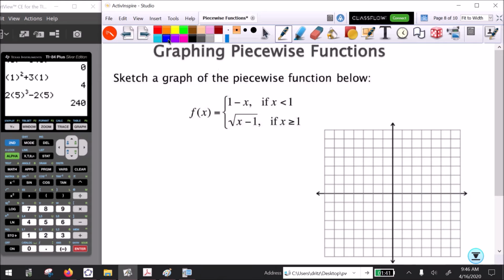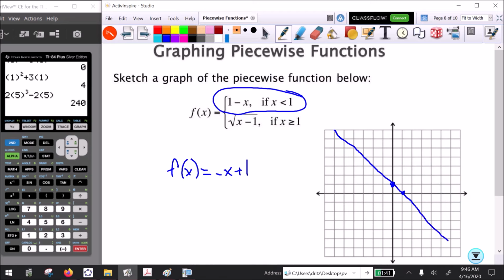So I'm going to graph the first thing here in blue. F of x is equal to 1 minus x. Another way to think about that is f of x is equal to negative x plus 1. That's sort of in mx plus b form. So we have a y-intercept at positive 1, and our slope is negative 1, down 1 over 1. I'm going to go ahead and connect those